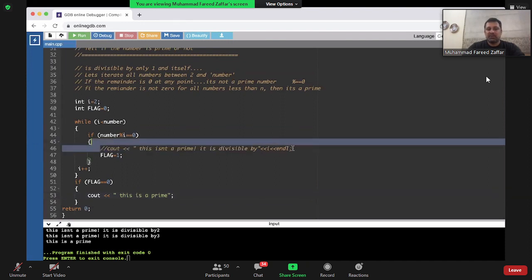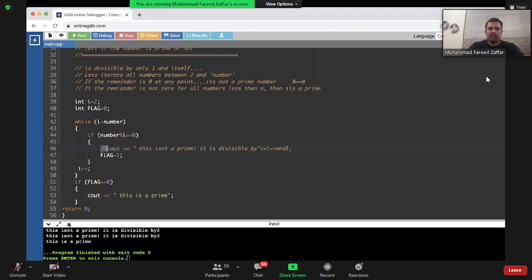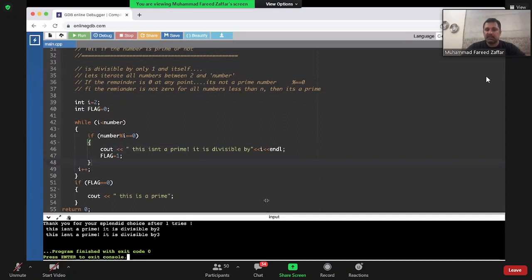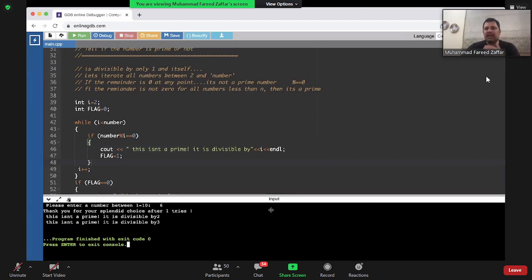And this actually is, so अब होगा क्या जब ये प्रोग्राम एग्जैक्टली उसी तरह चलेगा, लेकिन एवरी टाइम इट सेज इट्स डिविजिबल बाय ऐसा नंबर, फ्लैग की वैल्यू वो 1 कर देगा। जब वो यहां आएगा, ये उसी सूरत में फ्लैग की वैल्यू 0 होगी इफ इट हैज नॉट फाउंड एनी नंबर जो इसको इक्वली डिवाइड करता है। तो ये उसी सूरत में प्रिंट होगा। एंड नाउ इफ आई गिव इट नंबर 6, what will happen is it will say it's divisible by 3, it's divisible by 2, this is not a prime, and it will not say that this is a prime number now. So now my output is correct and I have actually declared a flag.